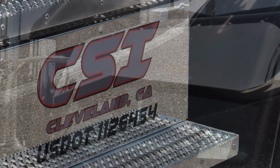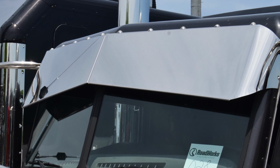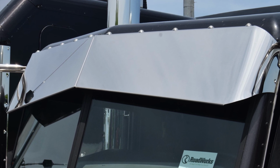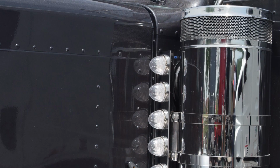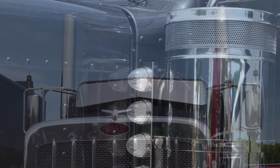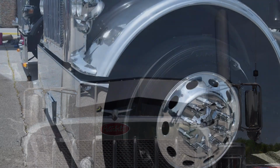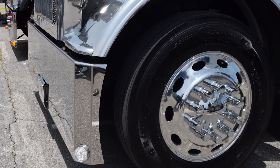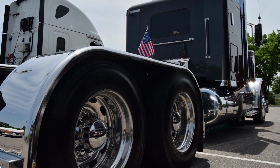It had the 5 cab lights and 4 horns up on the roof. We shaved them off, repainted the top, changed the visor, and put the lights up in the top. The breathers were all beat up from tree limbs, so both of those are new. Put them 8-inch pipes on it. Put them Pride and Class front fenders on it. They were the painted gray ones. They were busted up. Changed the bumper, lowered the front end down a little bit, put 6 new wheels on